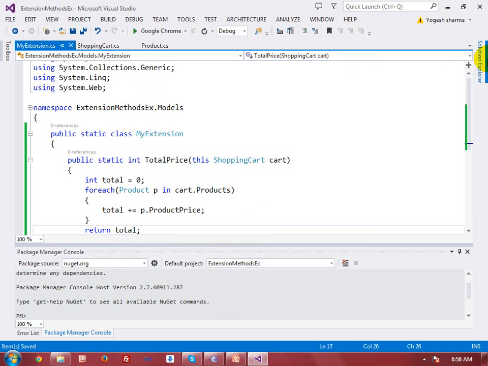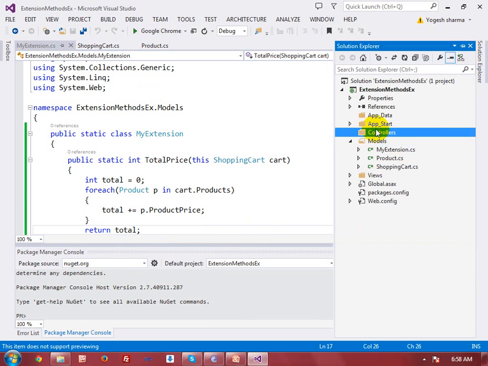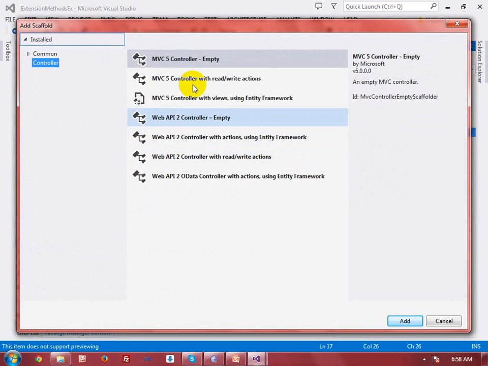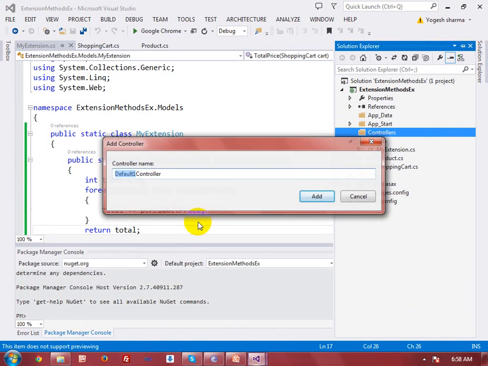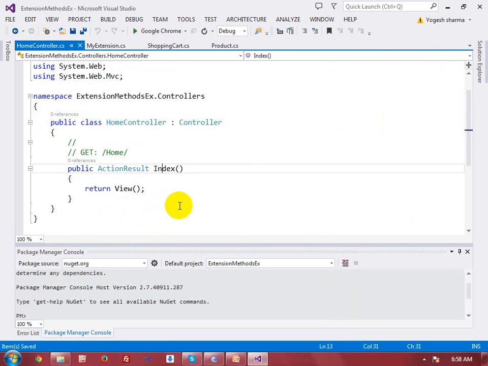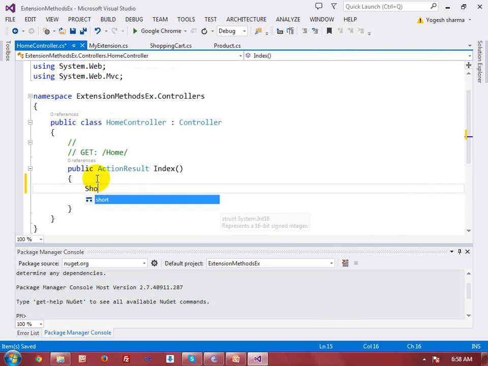Now come to another controller. I am going to create a controller to use this class. I am going to give the controller name, that is HomeController. HomeController will be added over here, and in this HomeController I will create the object of ShoppingCart, and I will add some products into this shopping cart, right?